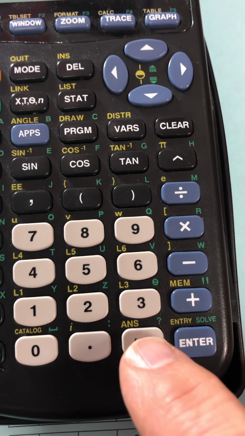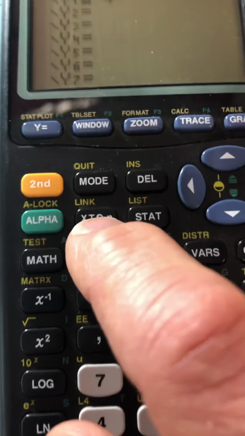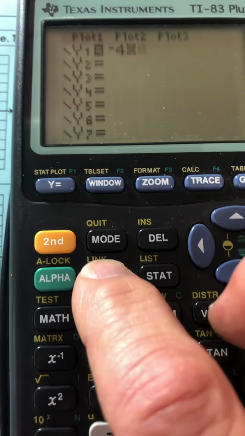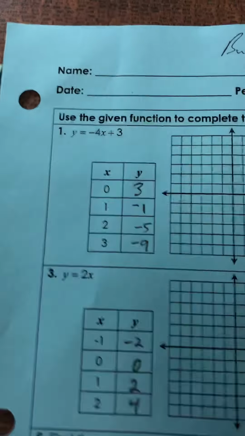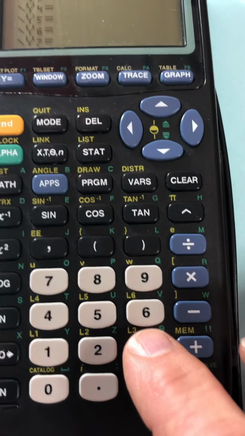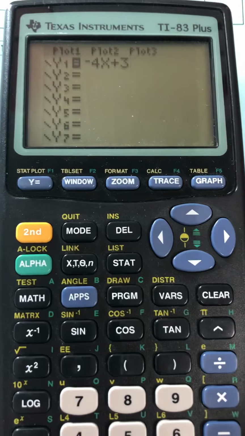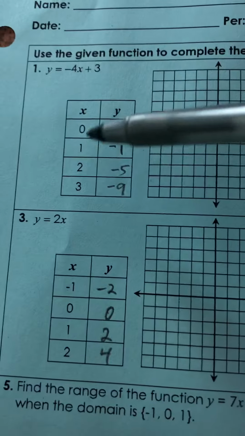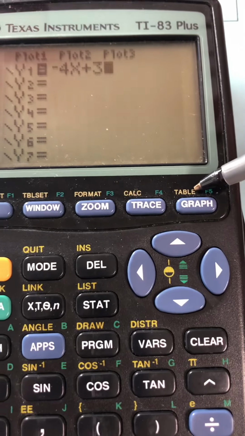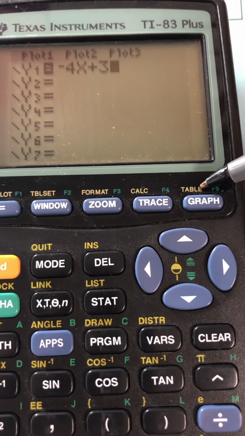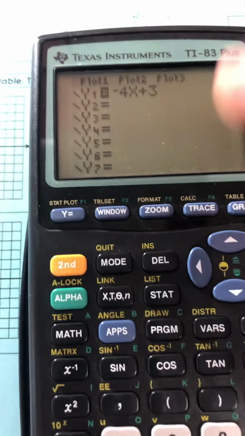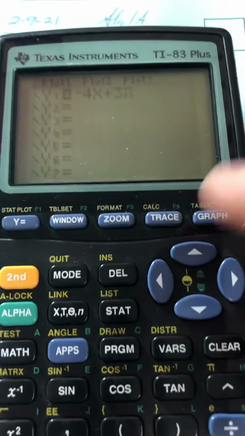Negative 4x. I don't use minus, I use negative. This is negative 4, and my x is going to be this button right here that has that x listed first. Okay, and then I have plus 3. So I go plus 3. Comes up just like I need it. That's the equation. And then I want to see the table because this is a table. I see table, but it's in yellow and it's above the button, so I've got to use the second function. Yours might be a different color, but I'm going to match yellow with yellow to get the table, and boom,